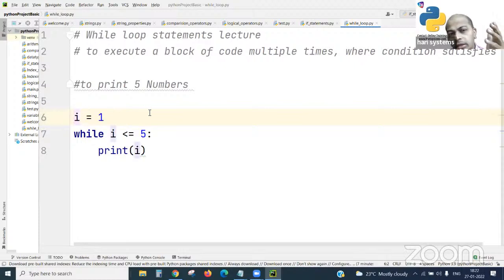Instead of I, you may take any variable or any letter, but in real-time, real-world projects, loop statements by default take I as the initial and iterative value. Most loops will use I. Strongly remember.